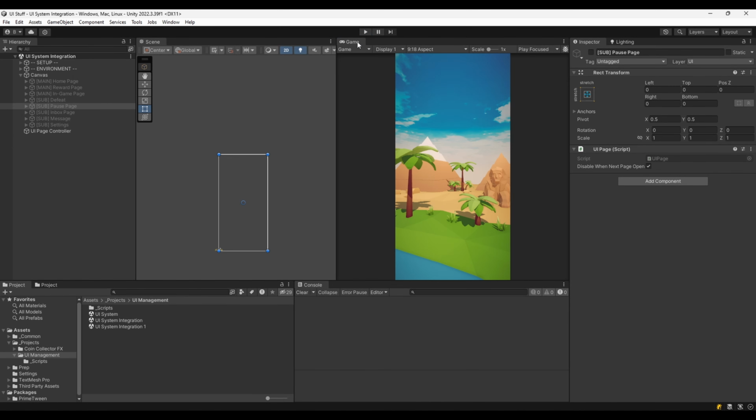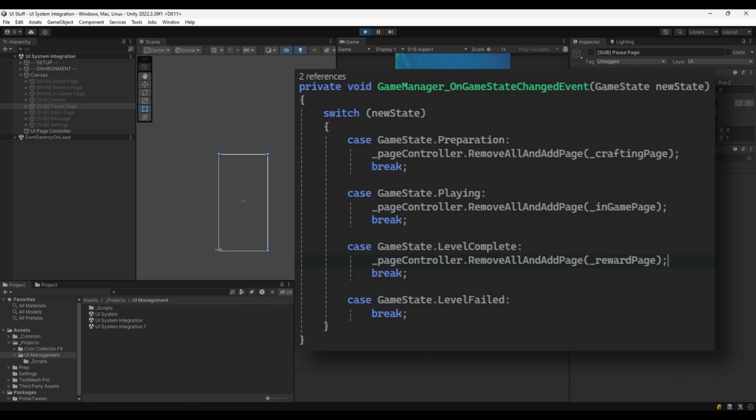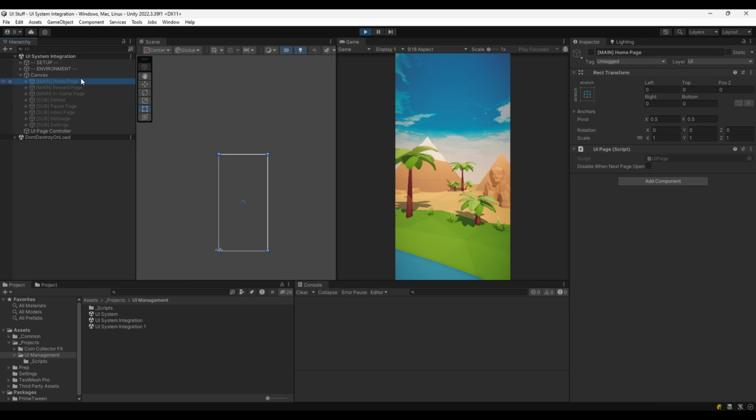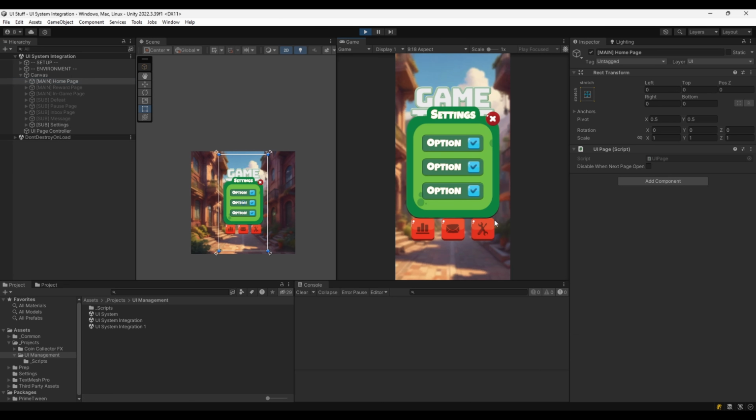So when I enter the play mode, nothing is showing up because in a normal game you'd have a script to manage game states, and when we are in the main menu game state, you'd open the appropriate UI page, but we don't have that in this. So I'm going to manually enable this. The shortcut is Shift Alt and A to toggle the game object. Everything is rigged